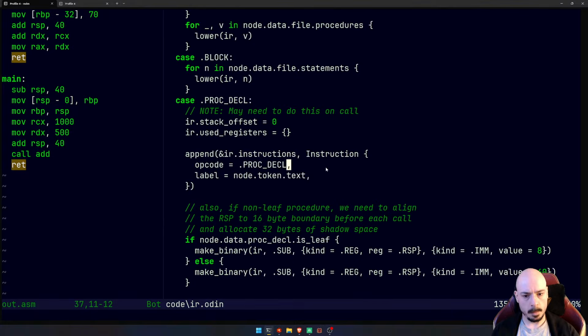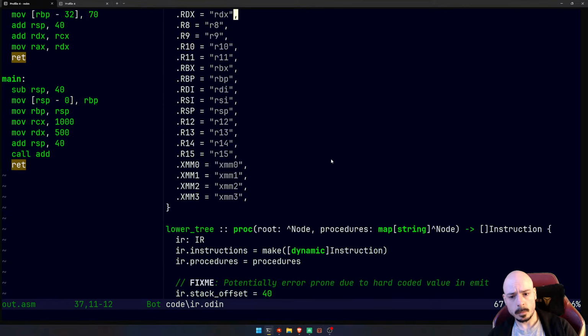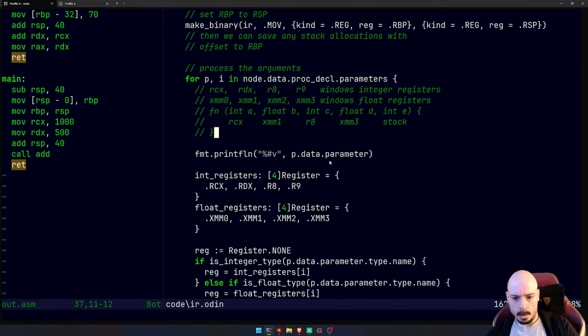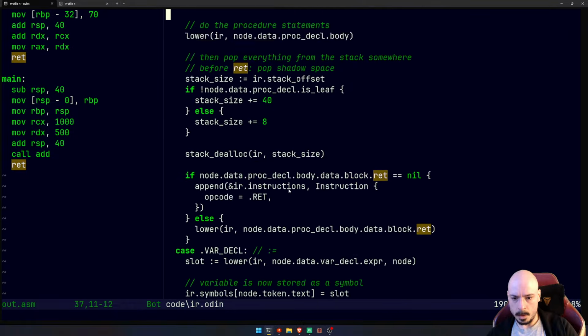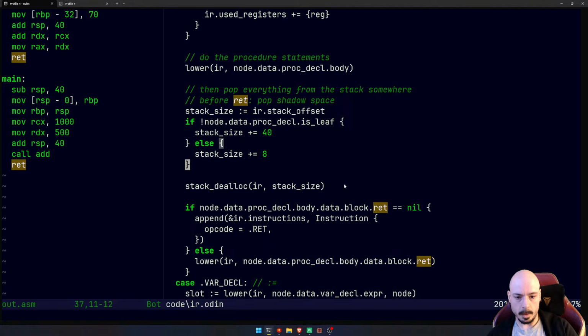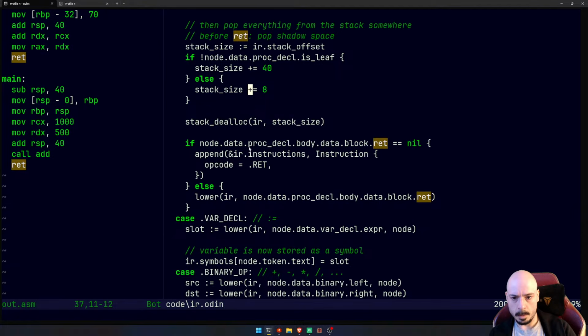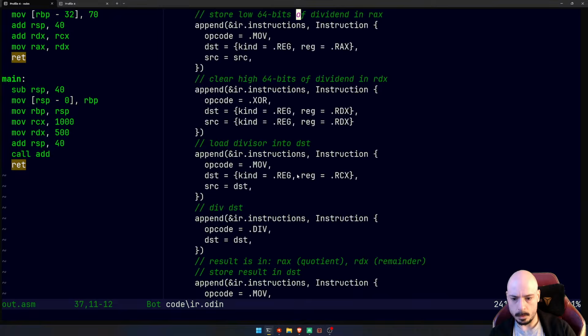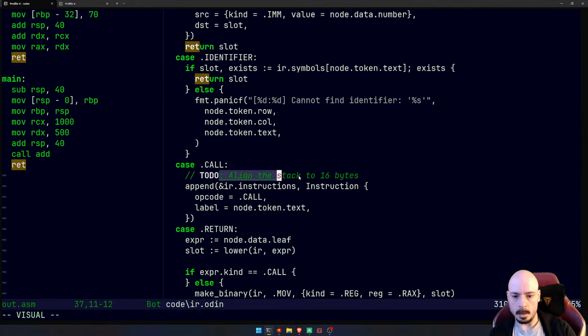Alright, so I'm gonna show my lack of skill in a second here, because I'm gonna need to do some alignment arithmetic, and I always struggle with this. Doesn't matter how many times I do it. Doesn't matter how many arena allocators I write, I just can't get it through my head, apparently. So, what I'm gonna need to do is, before a call, there's already a note here, align the stack to 16, right? So before the call, we're gonna have to check